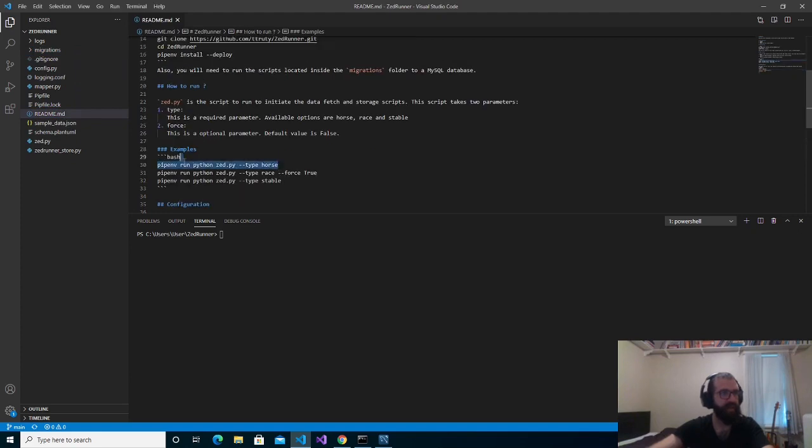And it's this one. And I do believe you have to run these commands in order, because first you need the horses, then race data, then stable data. Or I think at least these two depend on having horse data first. So just make sure you run the command. This is the command to populate the horse table. So if we run it,